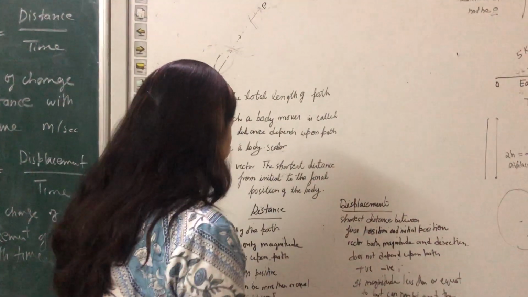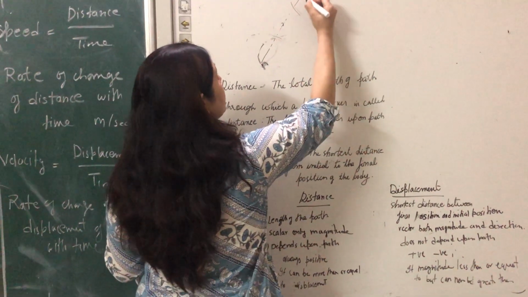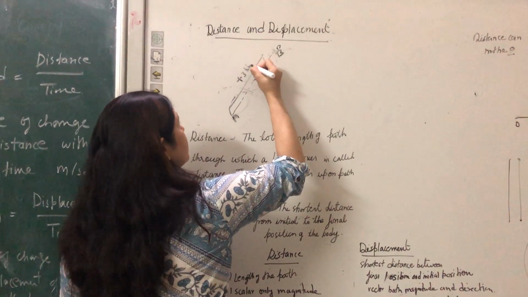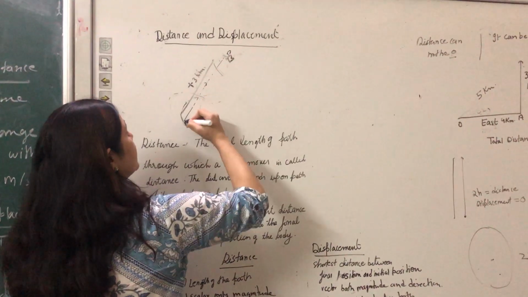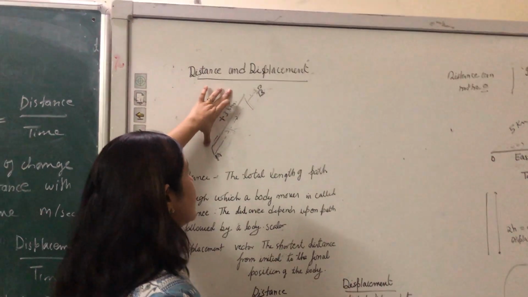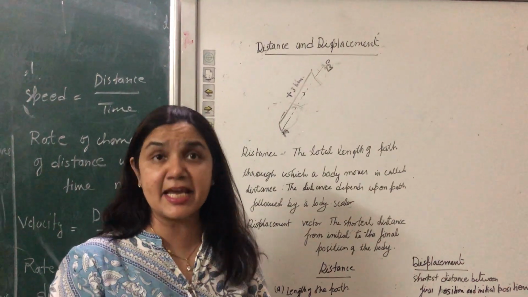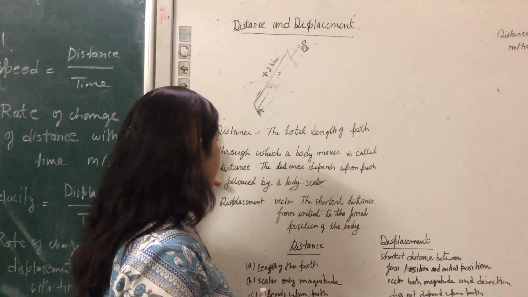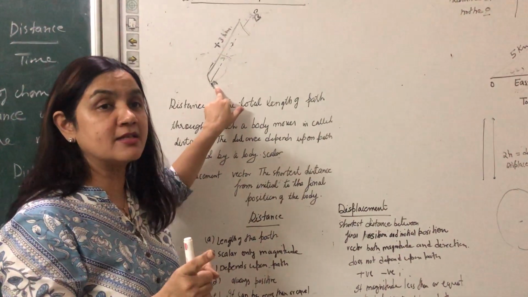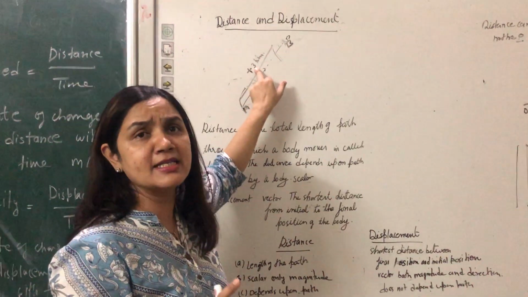And distance can always be more than or equal to the displacement. In some cases, suppose a person is going from A to B, and this is plus 3 kilometer. So this is A to B, the distance is 3 kilometer, and displacement is also 3 kilometer. So in some cases the distance and displacement may be the same. Why? Because in the distance there is no role of the direction, but in the displacement, because it is a vector quantity, you just mention the plus or the minus or the 0.